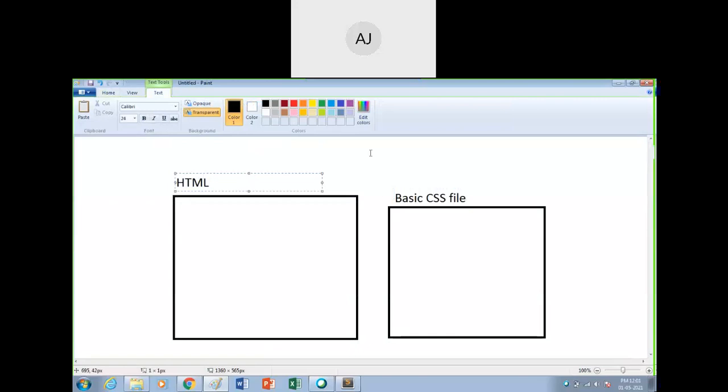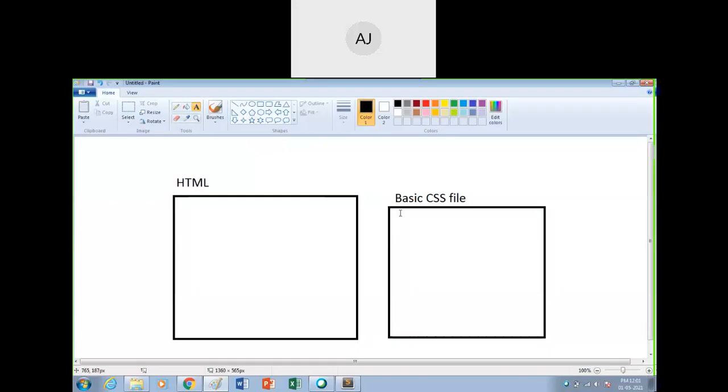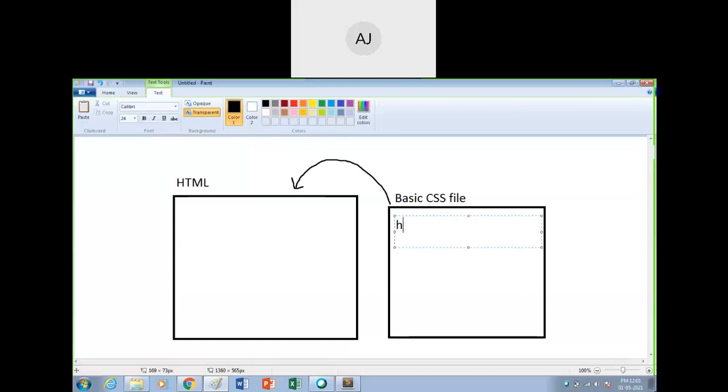Okay, so some of the contents are used from here. Now what will be there in this particular CSS file? Here I will take the example of the h1 tag. In the h1 tag, what will be the default values? Font color is which one? Black. Yes. Font size is say 36 points. Is it okay? Some basic things will be there in this basic CSS file.